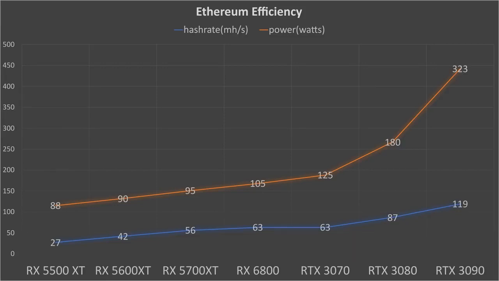So if you go over this chart, for example, at 56 mega hash a second at 95 watts, the RX 5700s and 5700 XTs look very enticing. They're very close together. I don't currently have an RTX 3060 Ti, so I can't make any statements as far as that particular card, but right now, out of all the cards I've tested, the RX 5700 is still showing to be a beast. That being said, going down the line, of course, the RTX 3080 holds its own at 180 watts